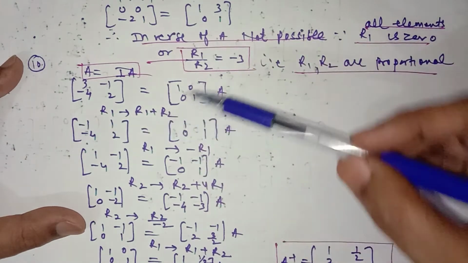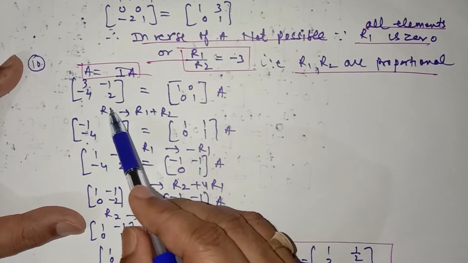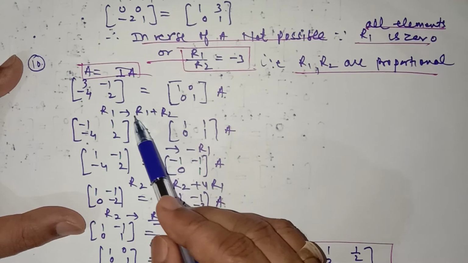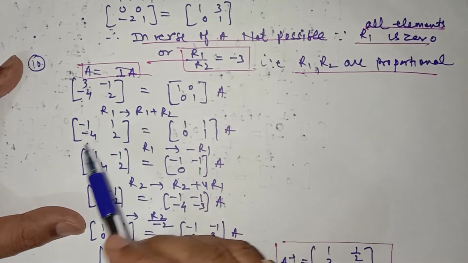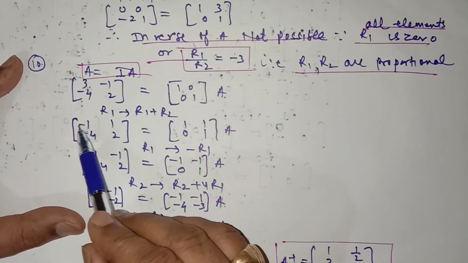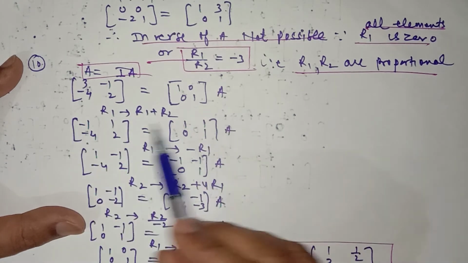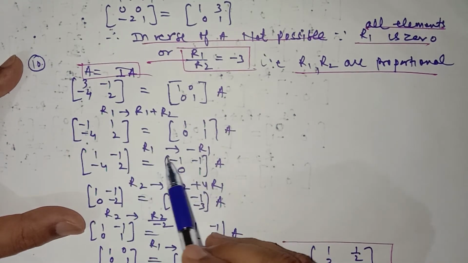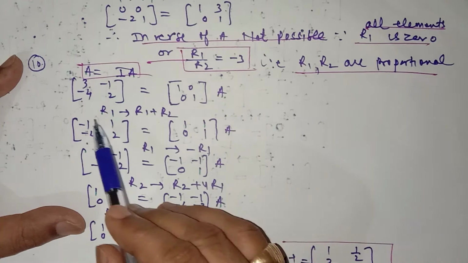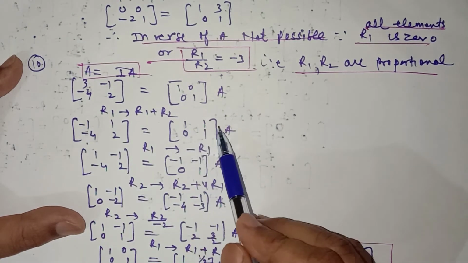See the first row. The change is in the first row. If you are writing 1 here, then it should be the same row here. Now you have got minus 1 here. So you can multiply the first row by minus 1 to get plus 1 here. So R1 is equal to minus 1 times R1. So it will be 1 minus 1 minus 1 minus 1.